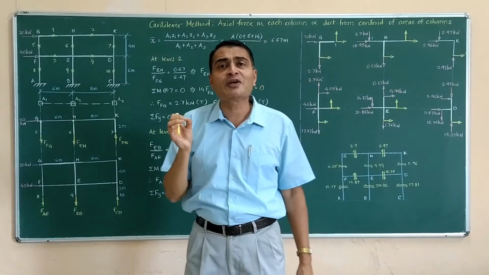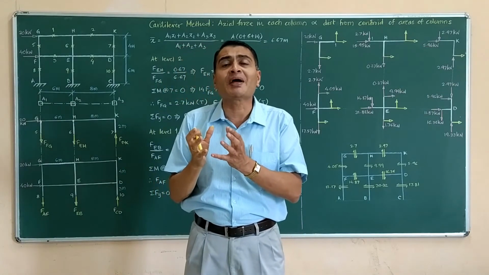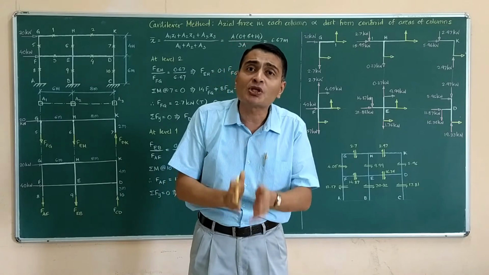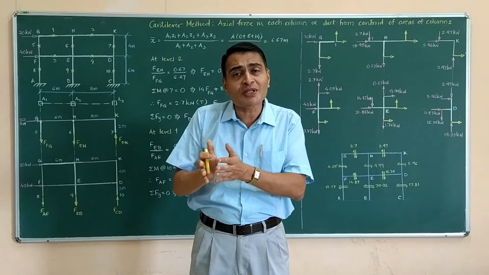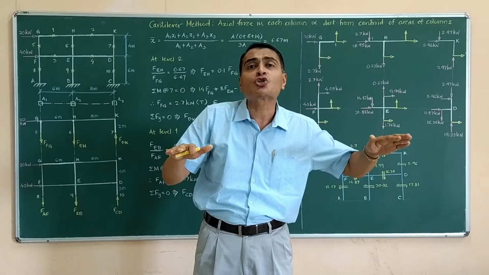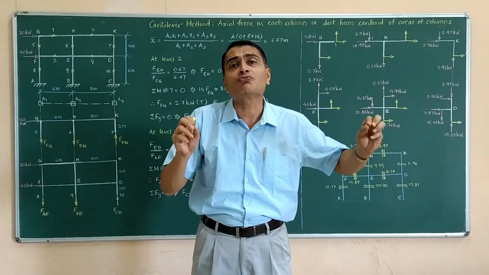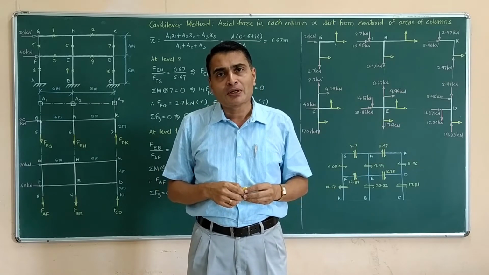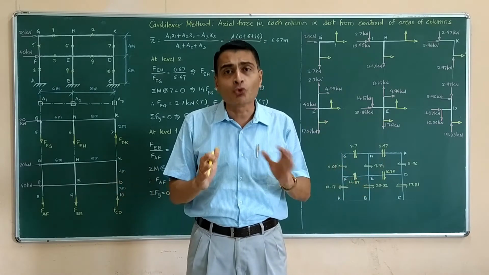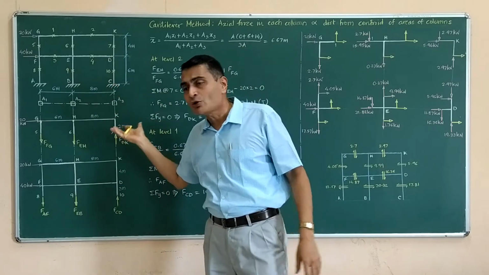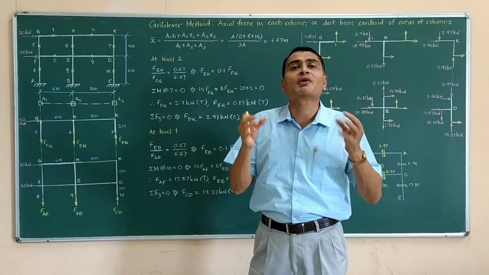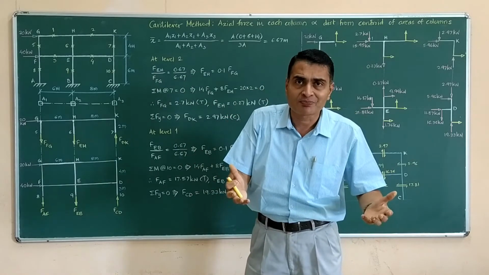Axial force carried by each column, how much is the magnitude of that axial force? It is proportional to the distance of that column from the centroid of the column group at that particular storey level, at that particular floor. Now, this is a vague statement. I can appreciate you may not have understood it fully. So, let me actually try to handle this particular numerical example, so that you will perfectly come to know, okay, it is like this.